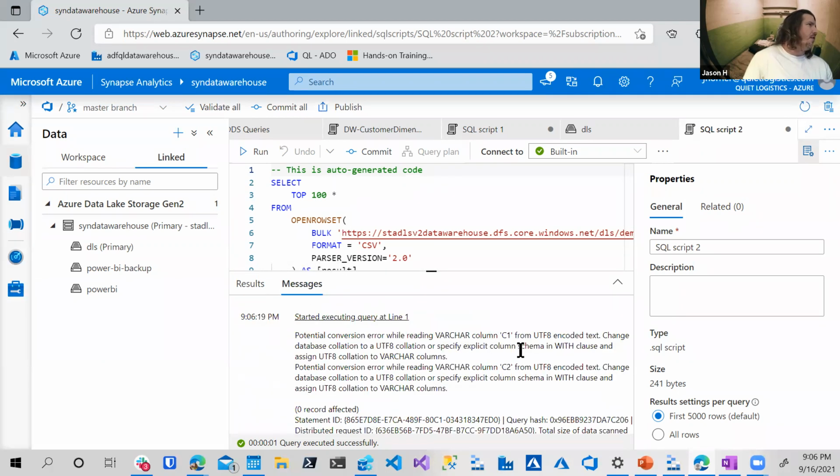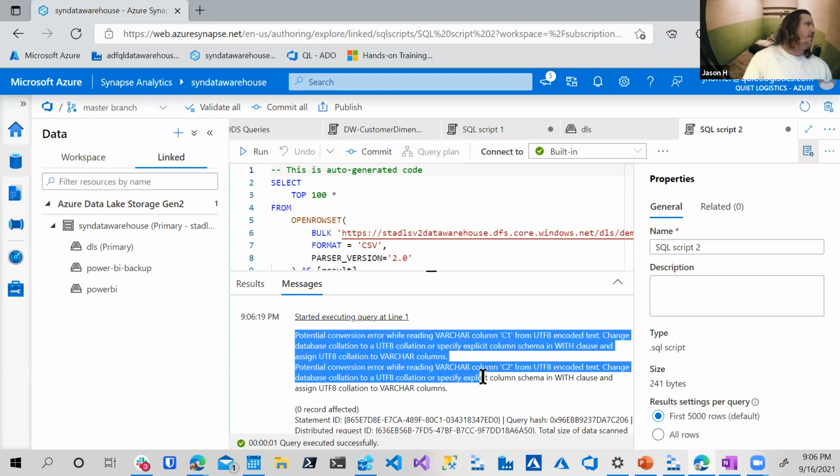I do have messages here. Remember when I was talking about the UTF-8 collation? You'll get this warning. It's pretty innocuous for CSV files, but like I said, it has pretty severe performance impacts for